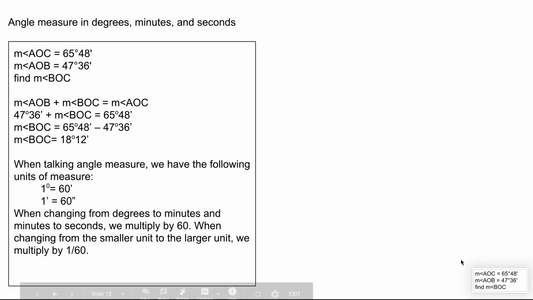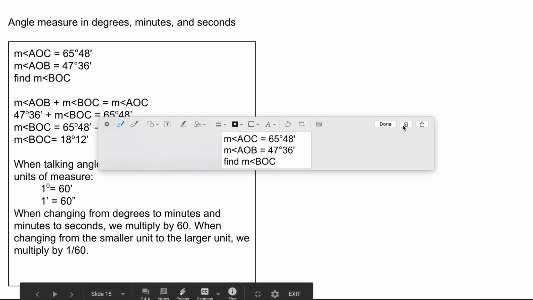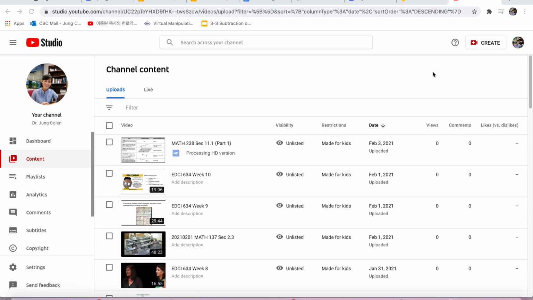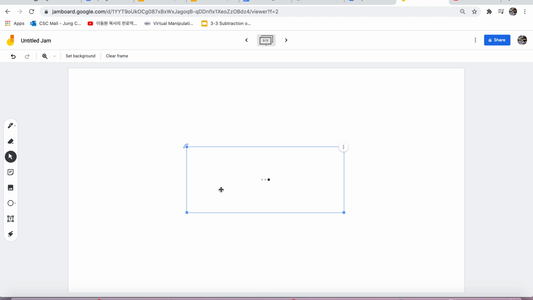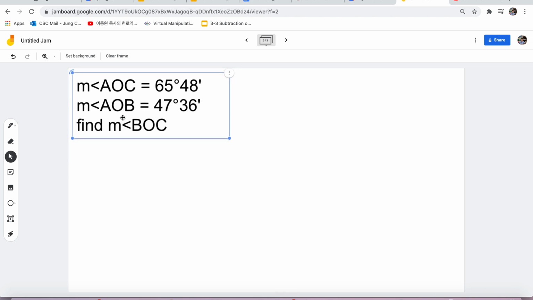Okay, and what you need to find is that. So let's go back to our Jamboard and copy that there. So measure of angle AOC is 65 degrees and 48 minutes, and angle AOB is given, so you can get to know that